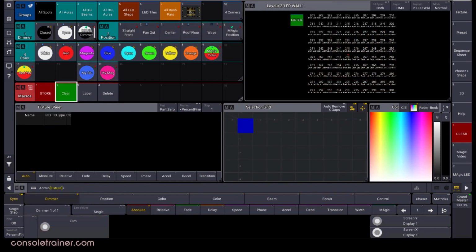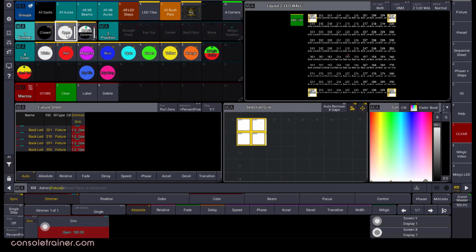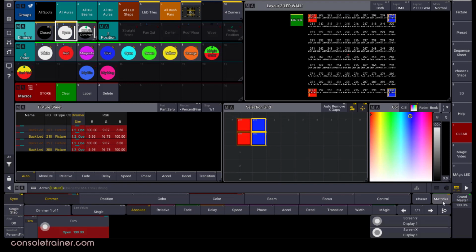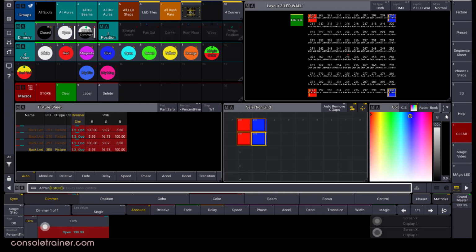I want to create a second magic preset, but this time with more points, and I want to do this on the X and the Y axis. It's the same concept no matter which axis you use, and you can do up to 5 points on each one. I'm going to use 4 of the fixtures from my LED wall, 1 from each corner, and I'm still going to do this with color, but you can make a magic preset out of position, intensity, anything that you want to align. Okay, so I've got my 4 colors.